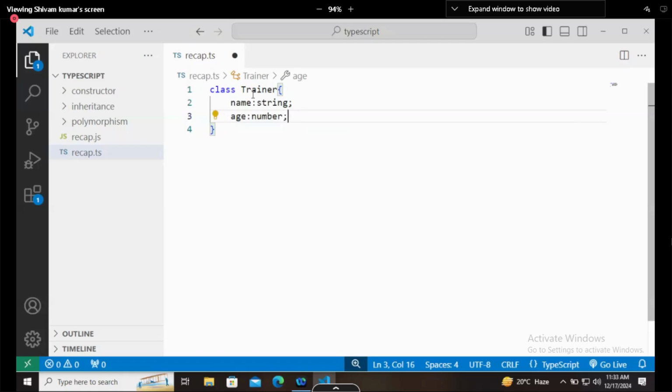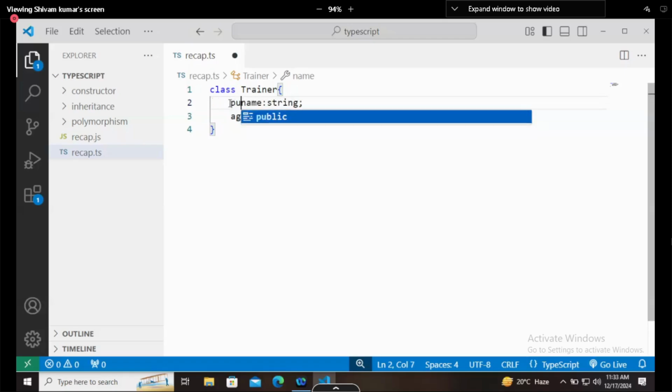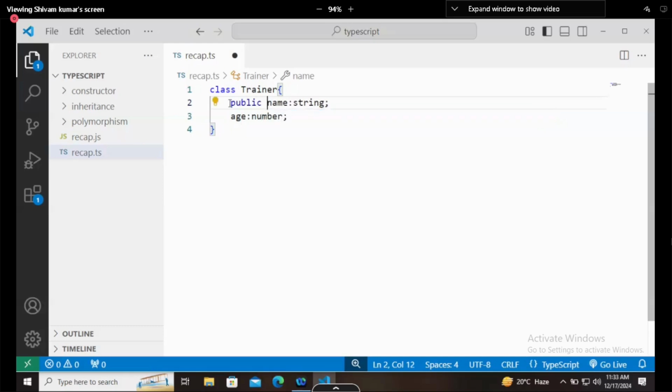Now what I want is, everybody knows my name, so it's a public thing, right? Let's say around 250 students are there in this class collectively, both online and offline. Everybody knows the name. It is displayed in lots of places. So technically, if you are not writing this public keyword, then also it's public by default. And what is this public?